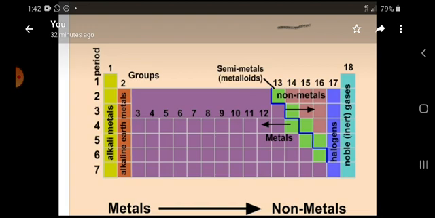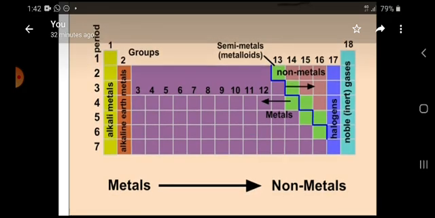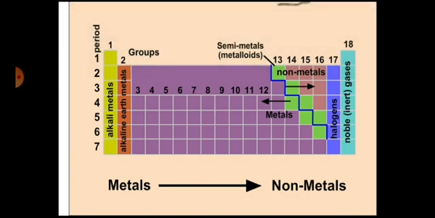In contrast, non-metals are located at the top of the right hand side of the periodic table. In a horizontal row, the properties of elements change from metallic on the left to non-metallic on the right of the periodic table. So non-metals are usually solids or gases at room temperature with low melting point and boiling point, whereas metals have high melting point and boiling points.